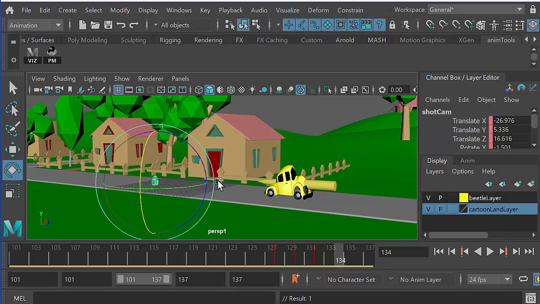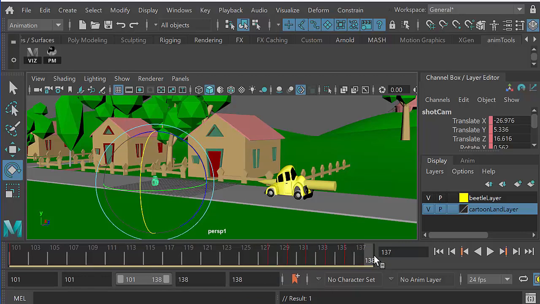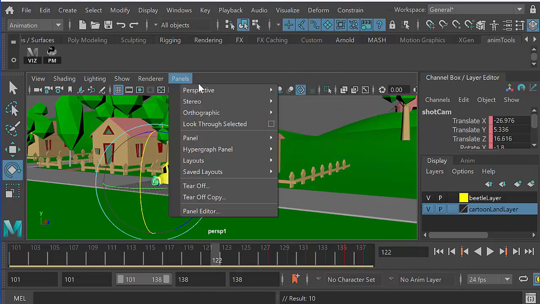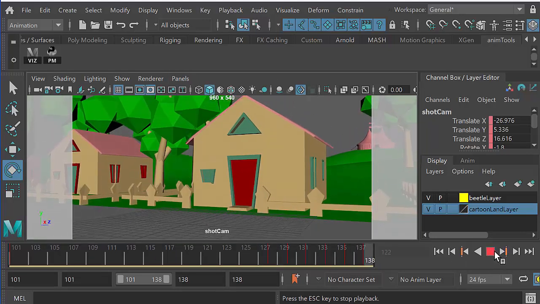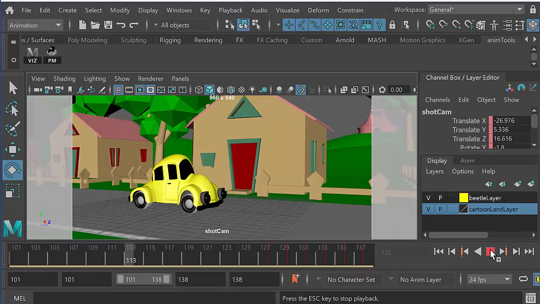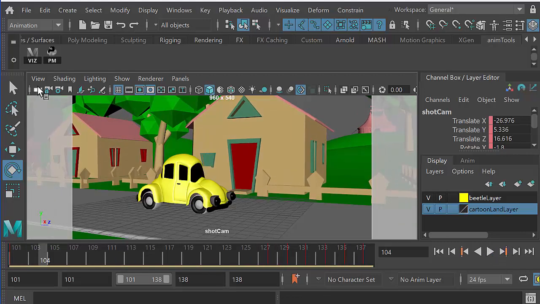And 134, up a little bit. And 136, down a little bit. And let's make it 138 frames, so I can get one more little rotation in there. And then let's go back and see what we've done. Back to the shot camera, and there we go. So I've now got a vibration on the camera. It's too big. So what I want to do is go ahead and look at that